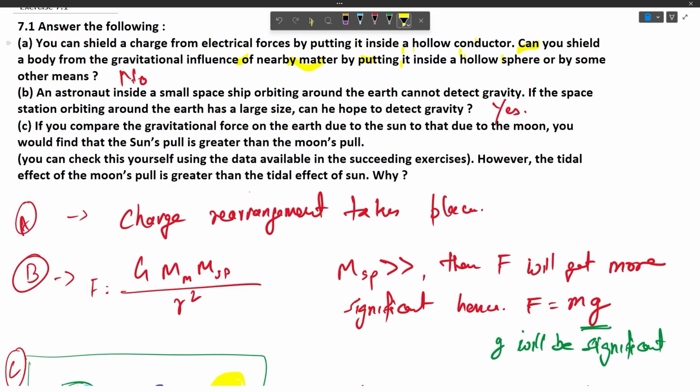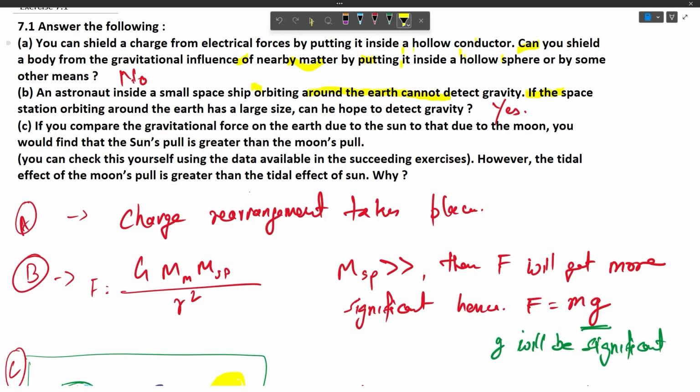The second question says that an astronaut inside a small spaceship orbiting around the Earth cannot detect gravity. If the space station orbiting around the Earth has a large size, can he hope to detect gravity? So the answer is yes, because the spaceship is orbiting around the Earth at a certain speed, which is keeping it there on that orbital path, because the force is getting balanced and the body is in free fall. So the velocity of the spaceship and the man is roughly the same,